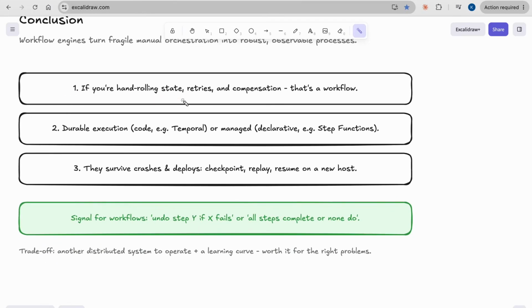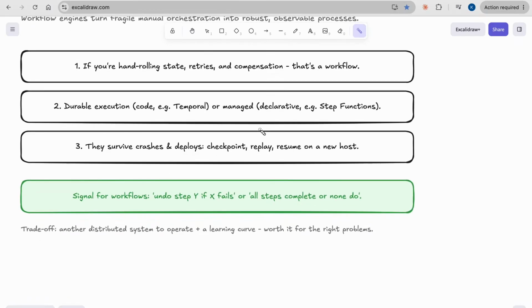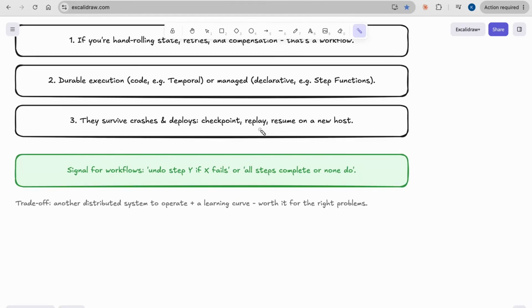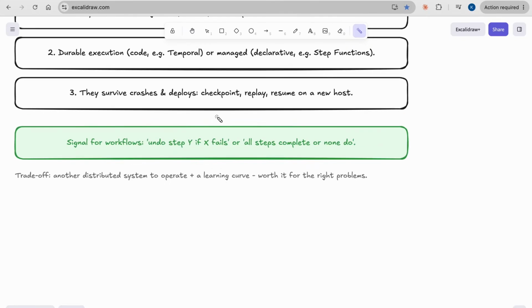If we are hand rolling state, retries, and compensation, then that's the definition of a workflow, and we should try to adapt to Temporal. For durable execution, code example, Temporal or managed, we have two ways, and prefer the way your stack adapts to. They survive crashes and deploys, with checkpoints, replays, resumes, and new hosts.